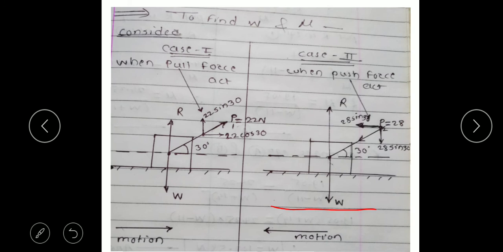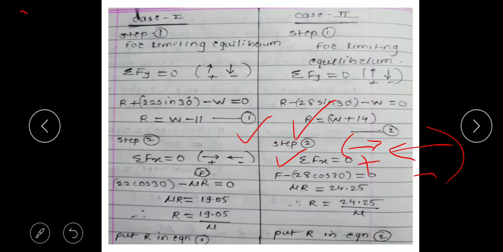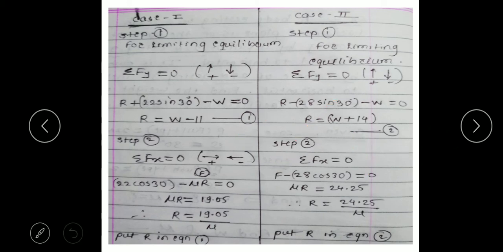Now if the motion of the body, here you can see, is from right to left, that's why our friction force will have the direction from left to right, so that's why the F will be positive and minus 28 cos 30 will be negative, equal to 0. And again, instead of the F we will write the mu R